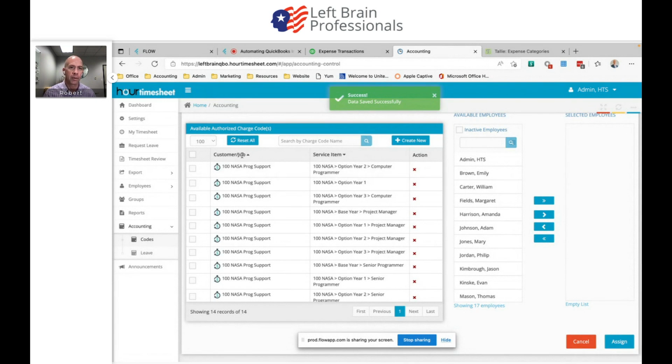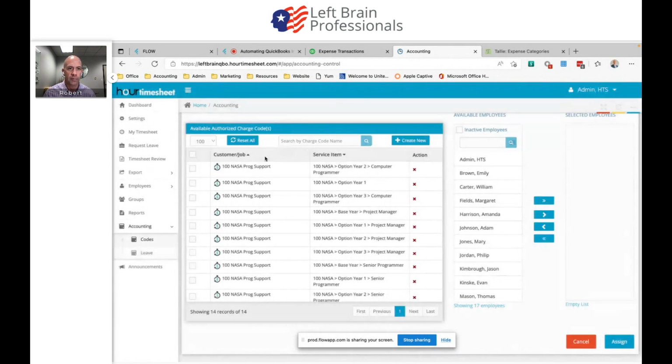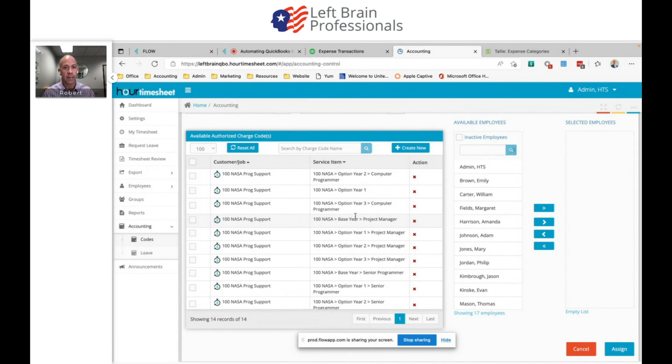Notice that I left the billable. So when I was in here, mark as billable by default was there. If it's got a little dollar sign, that reminds me that it's billable. And now these are all of the charge codes that are available for me to assign to an employee. Doesn't mean they've already been assigned to the employee, but now you can see that I've already narrowed down which labor categories are associated with which contract, okay? Now what I do is I say,